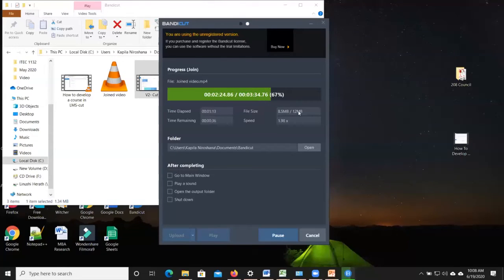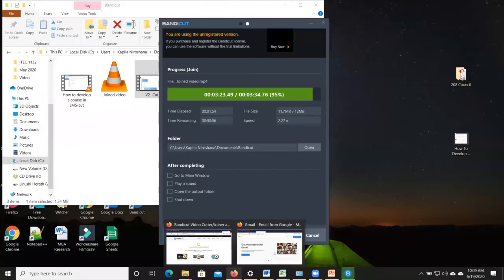You can see the file size and everything here, 12 MB. Okay, until that gets completed,